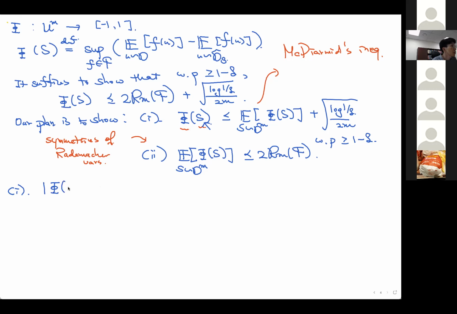So we are thinking about phi applied to inputs. In my notes, I mixed u and x, so I hope you can understand this. u1 up to ui, up to un, minus phi of u1 to ui prime and un. And then the definition involves a supremum. And then by a simple property of the supremum, this can be bounded by the supremum of, I mean, I'm not showing the details, but this one is easily bounded by this empirical expectation